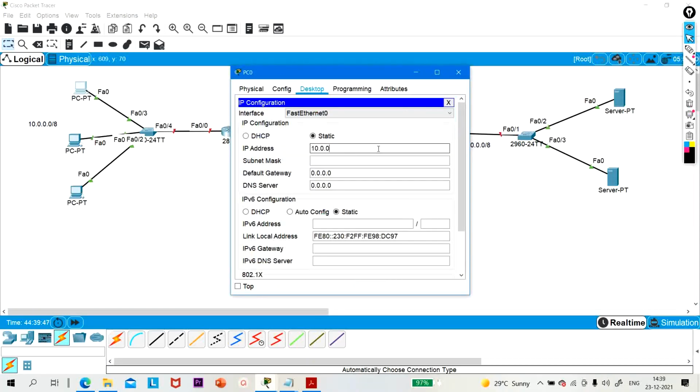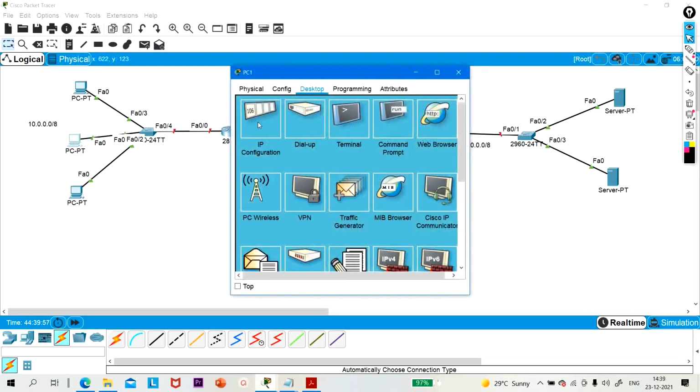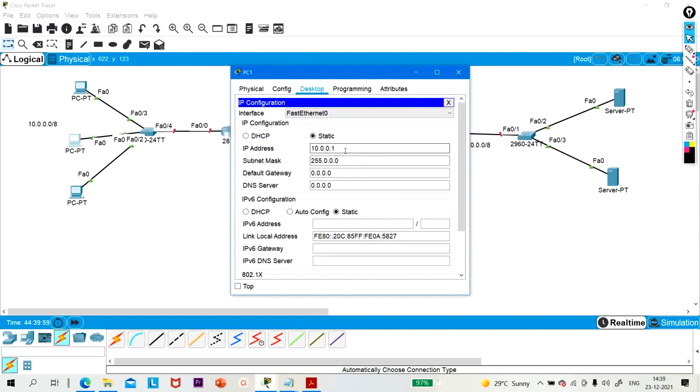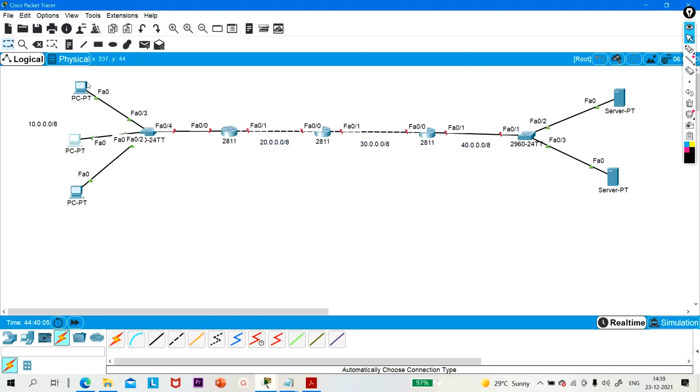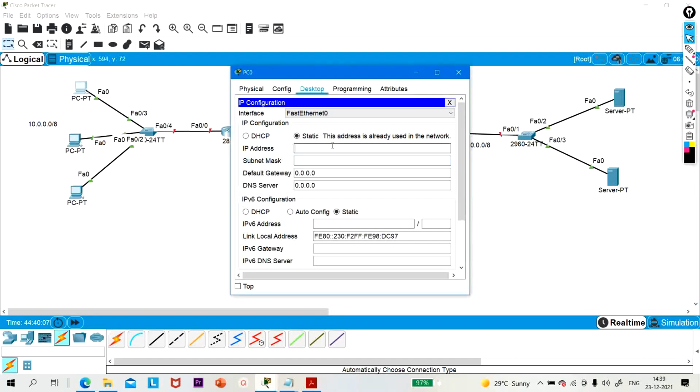This IP address is already used. Okay, so I think this PC is already using this IP address, right? Yeah, so I have to configure 10.2 on this PC, right? And now let me configure 10.1 on PC1. Okay, so 10.0.0.1, subnet mask is 255.0.0.0 and default gateway will be 10.0.0.10.